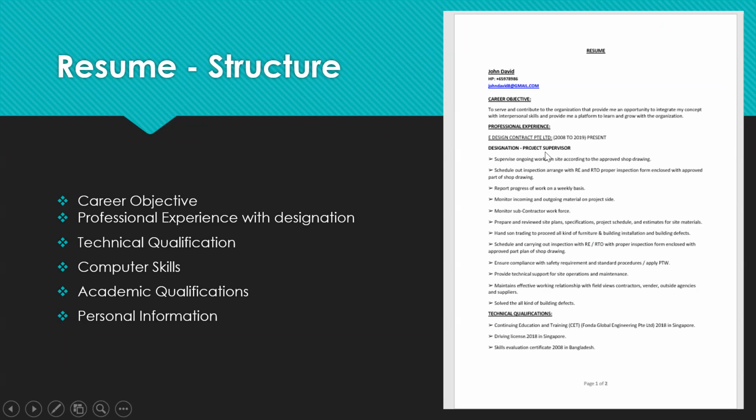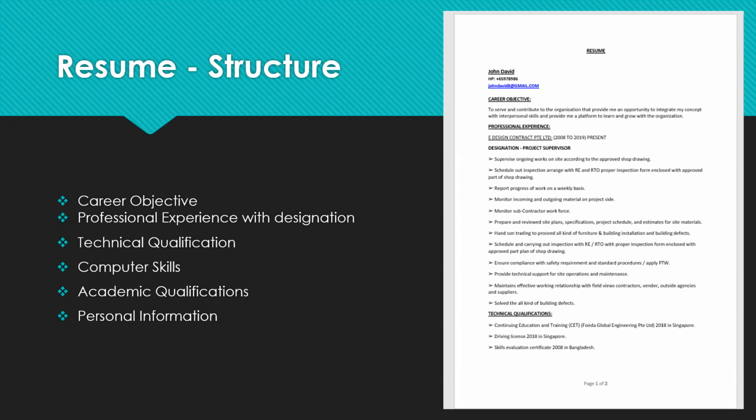After that, our career objective. What is our career objective? What do you want to achieve in your career? Let's say you're a construction worker, or an engineer, or a technician, or an electrician, something like that.